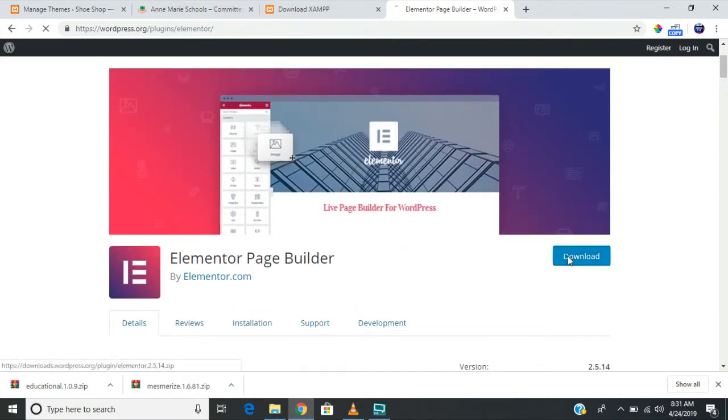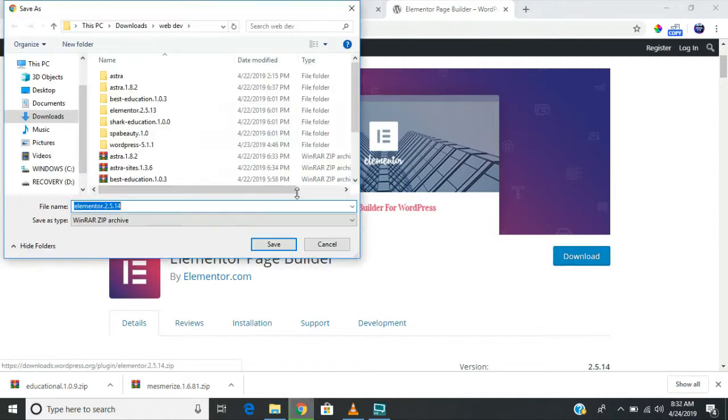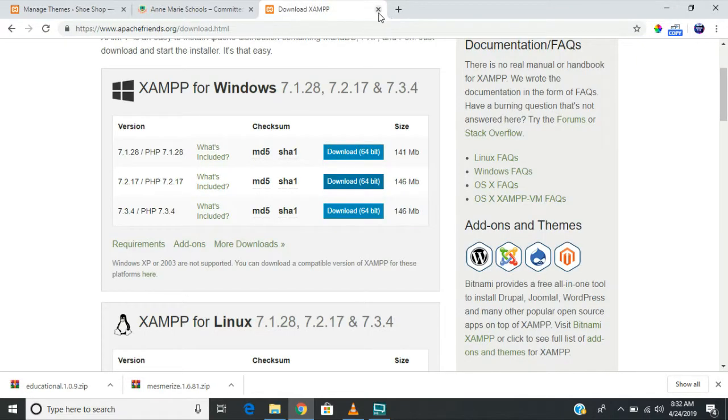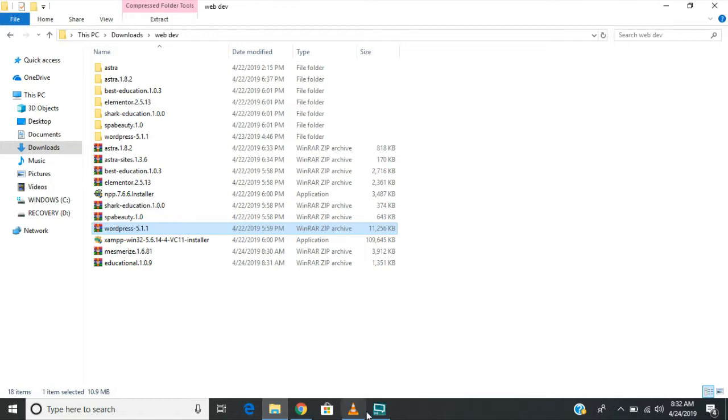So I'm just going to download it, and as you can see I have Elementor here, so I really don't need to download this. So once that is done, the next thing you do is